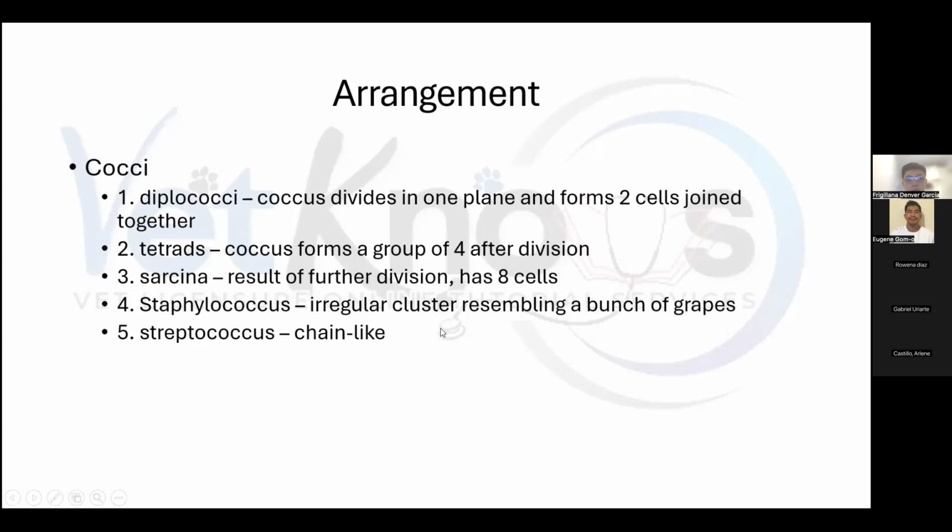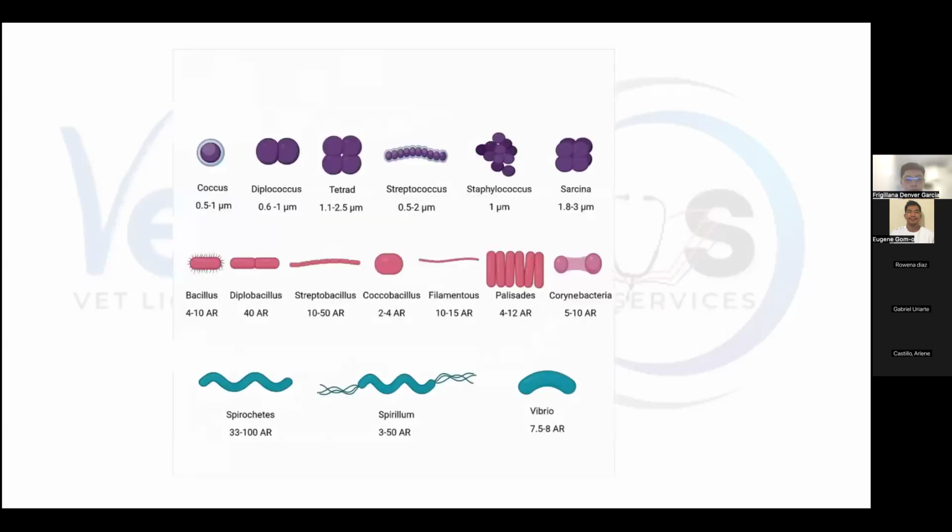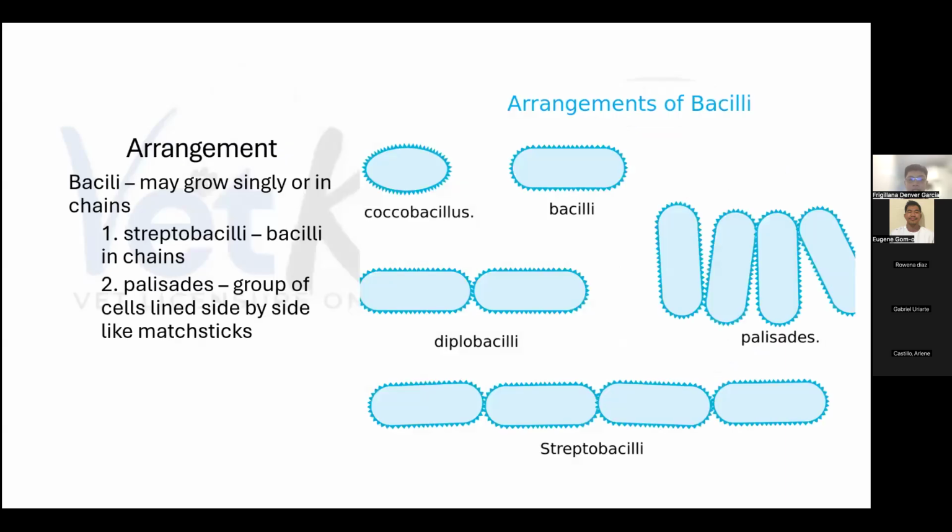So take note of your prefixes. So strep, this refers to chain-like arrangements. So streptobacilli, chain-like arrangements, na rod shape. Ayan. More of them. Yeah. As mentioned earlier, tingnan niyo yung Corynebacteria. Pwede siya maging club shape. Pwede maging coccoid. Next, we have bacilli. So, rod-shaped bacteria, streptobacilli, chains, palisades, parang matchsticks naman yung kanilang arrangement.